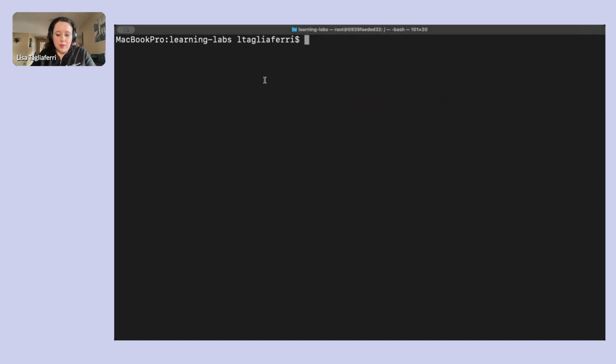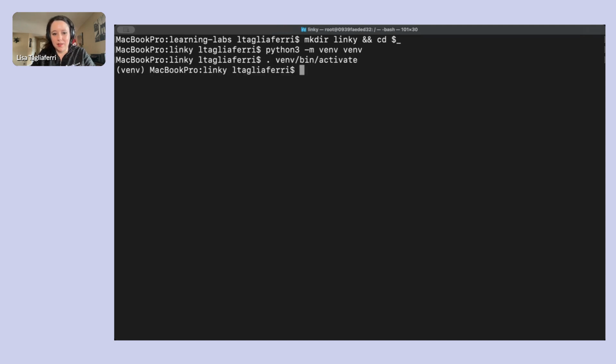So we're going to make another directory. I'm in this Learning Labs directory, but you know, make this wherever you want. And this one we're calling Linky again. So the octopus name is very important. And then we're going to create our programming environment, and then we're going to activate that. And then we're going to create a